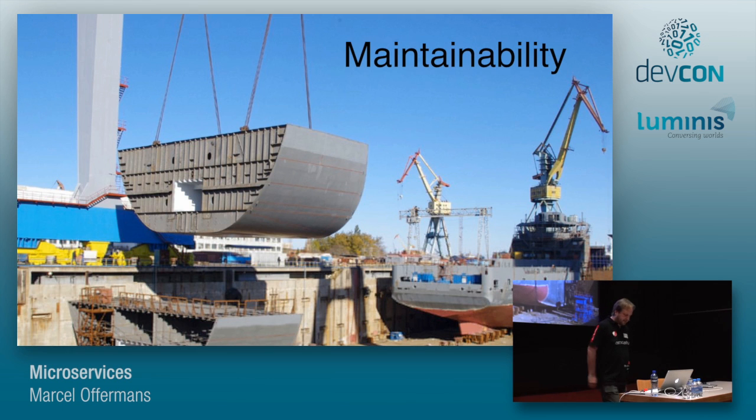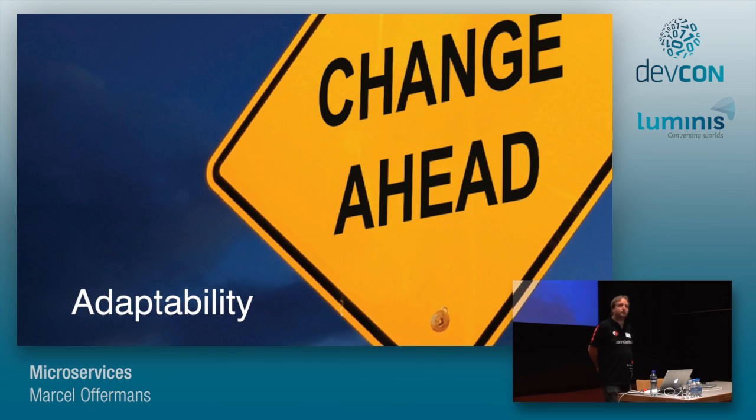So maintainability is important. Another thing, and the whole agile movement has probably shown us that as well, is adaptability. When we start building software, sometimes we have an idea that we know exactly what we want to build, but usually over time that idea changes. Business might change, they might want to do new things with existing software, technologies might change, so you might have a different approach to solve the problem. But there's many reasons why it's good to be adaptable and go with different requirements and different trends there.